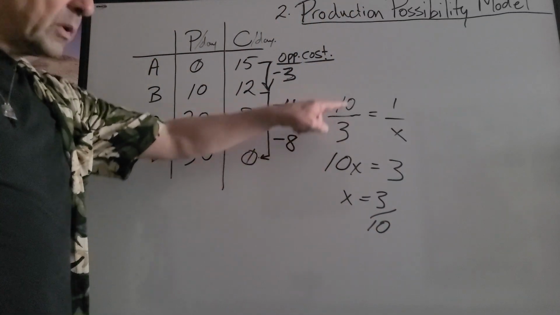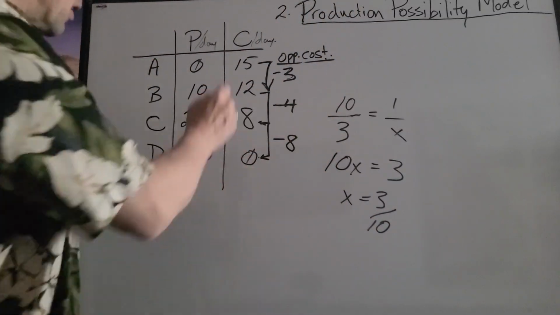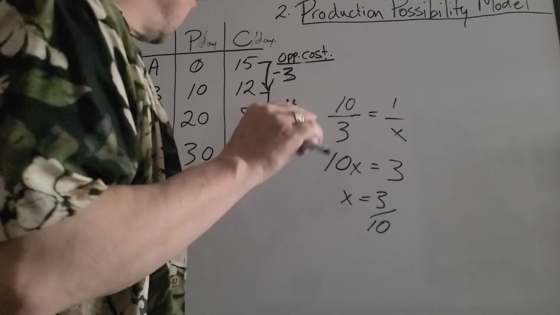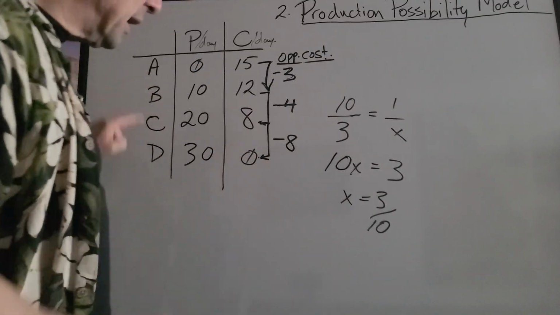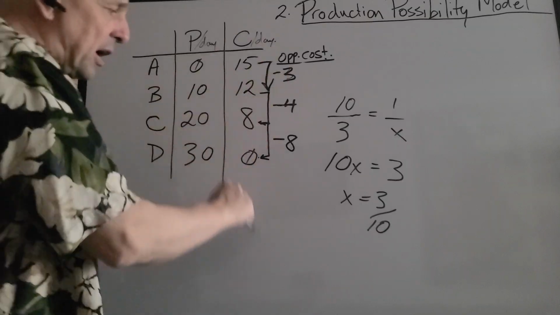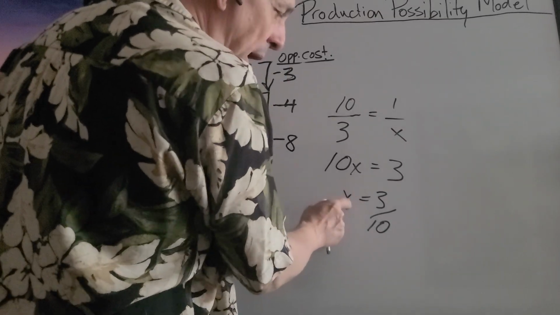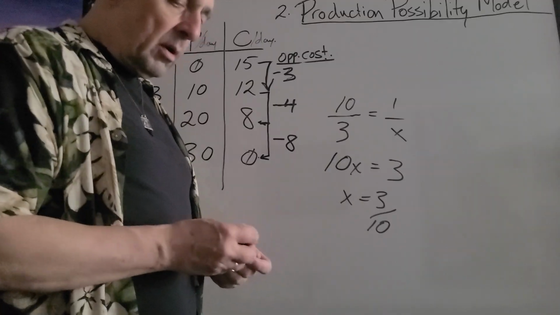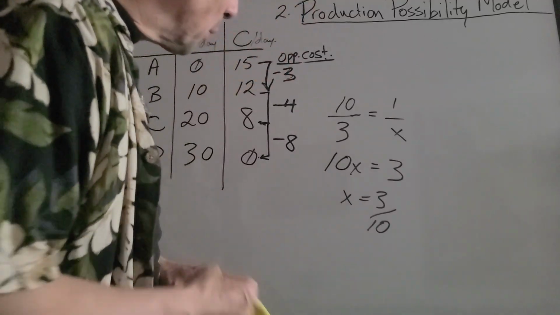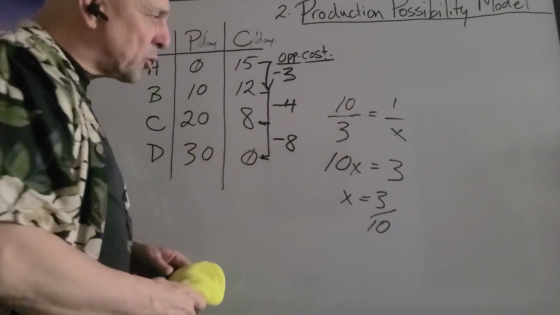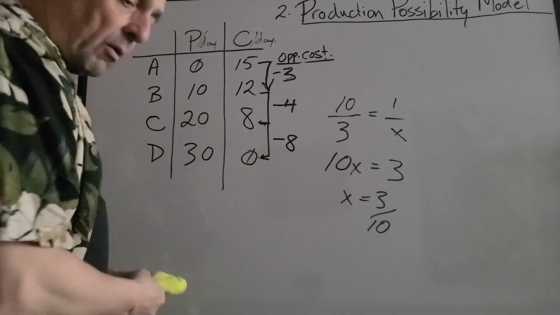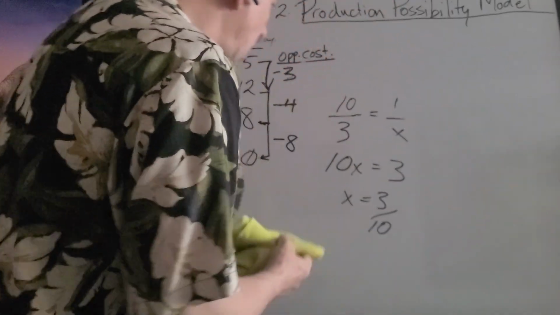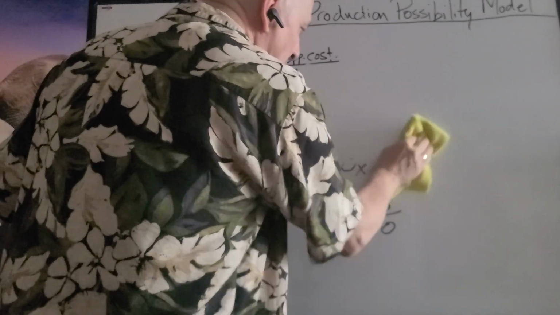So what can we say by this calculation? We can say that in moving from A to B, the opportunity cost of each new pineapple is 3/10 of a crab. So that's how we usually like to conceptualize opportunity cost, right? Let's look at, we can see the opportunity cost increasing. I mean, we have a